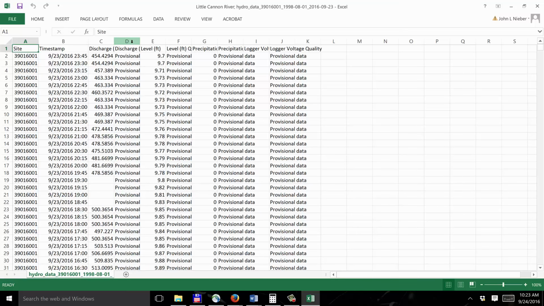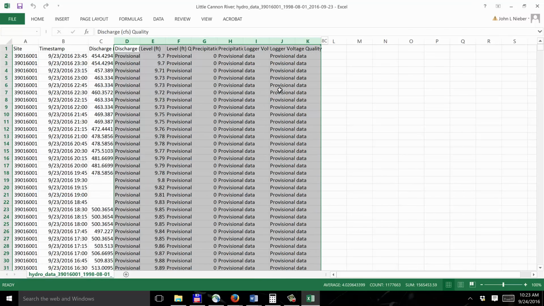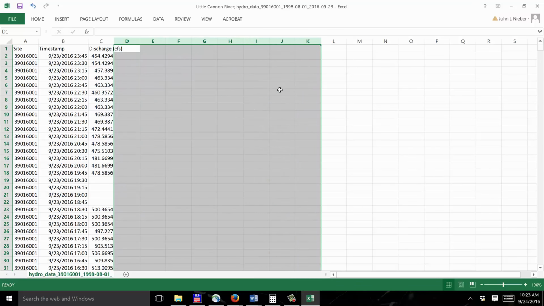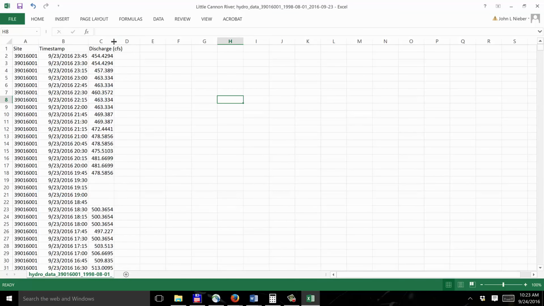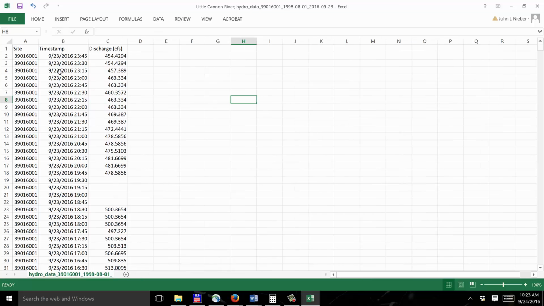What we're going to do here is clean this up a bit. We're going to get rid of all this auxiliary information, and we're just going to work with the timestamp and discharge data. Now you notice that the dates of the data start with the newest data, September 23rd, 2016. It actually goes down to